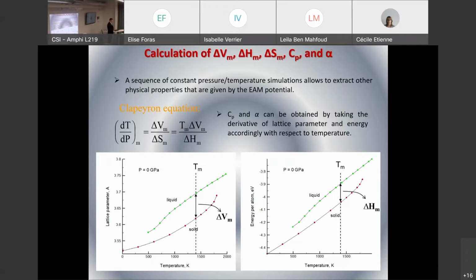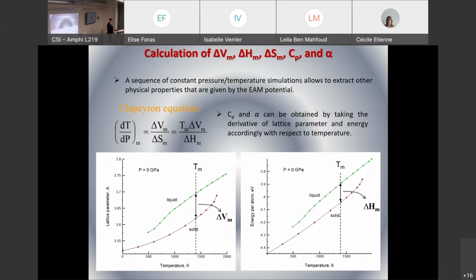So we can continue performing such simulation until the crystal spontaneously goes to liquid. But then we can perform the same kind of simulations for liquid, lowering the temperature. And if we now apply a dashed line corresponding to the equilibrium melting temperature at normal conditions, defined from the previous liquid-crystal coexistence simulation, then we can understand that this jump between solid and liquid lines for lattice parameter corresponds